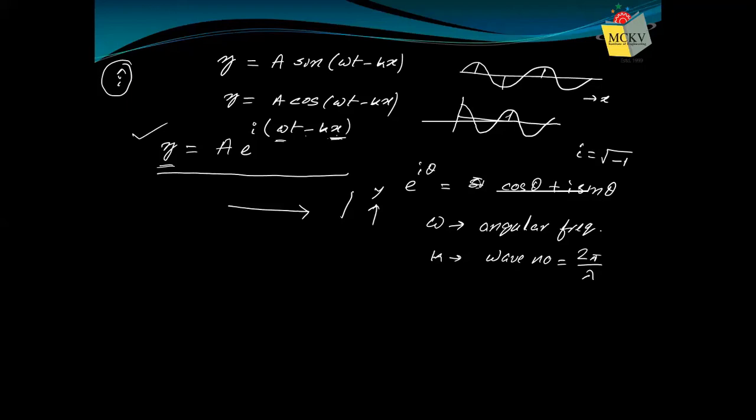Though it is physically difficult to understand K, that's why it is generally represented in terms of wavelength. It will be 2 pi by wavelength then. And wavelength, we know, is the distance between two crests or two troughs. This is wavelength. 2 pi by this value is given by wave number K. Instead of writing 2 pi by lambda, generally it is written as K, and a separate name is given to it, wave number. And we will understand later on that it has other applications. In electromagnetic propagation, K is the main quantity you will observe.